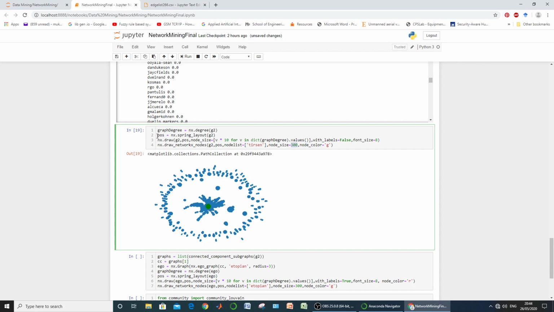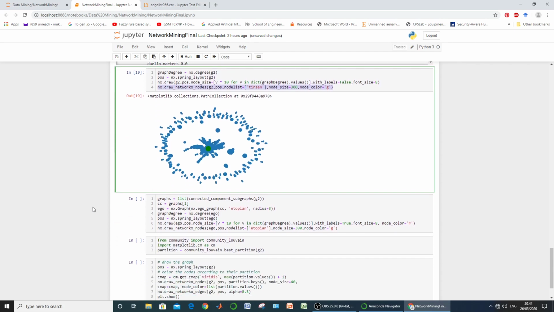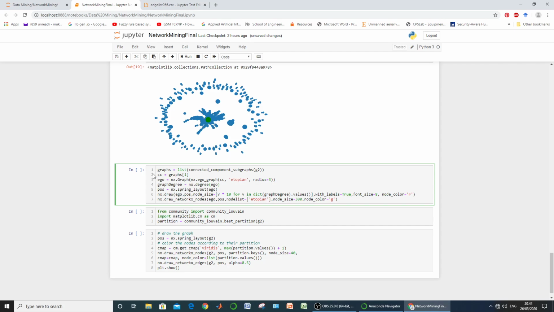Blue nodes are generated by the first statement, and the single green node is generated by the second statement. In this way we can look at an individual's neighborhood. So this may be the purpose of this. Now move to the next block, the ego networks, which are specifically designed for the task that we have just completed.